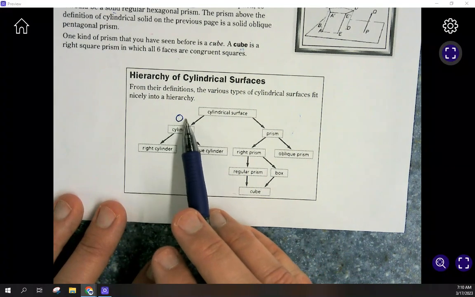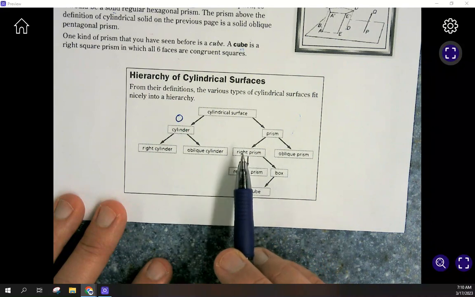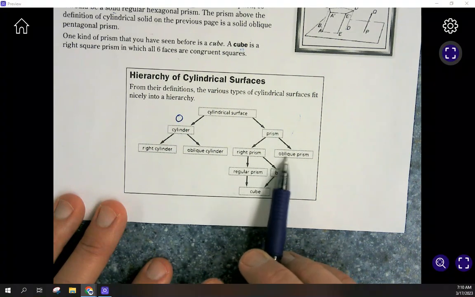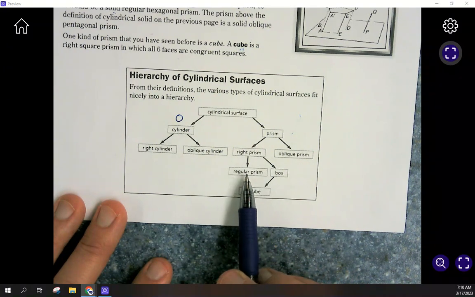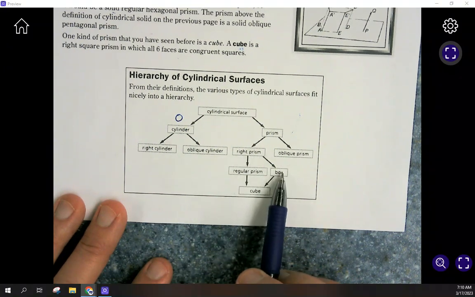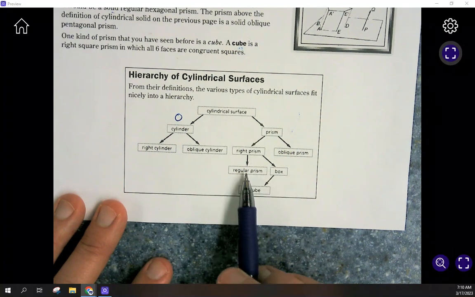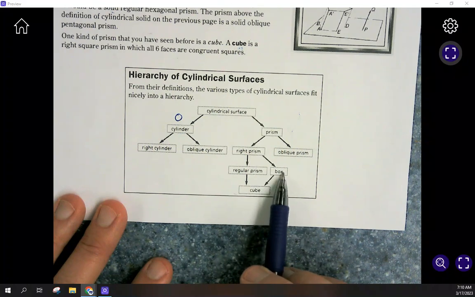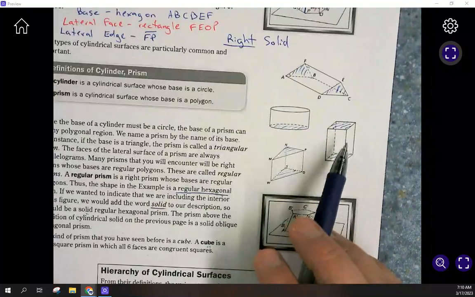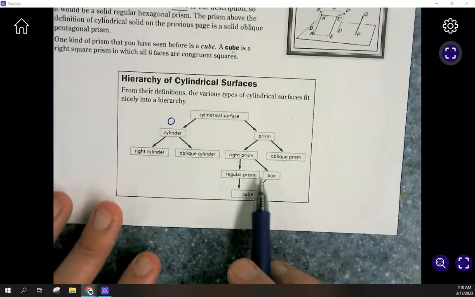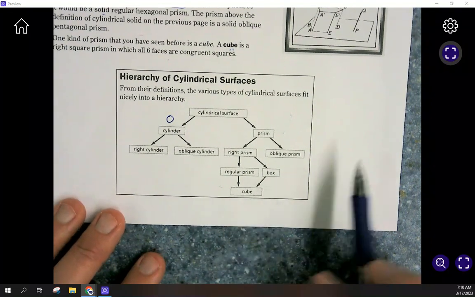If the base is not a circle, if it's a different shape, we're going to call that a prism. Again, they can go straight up and be a right prism, or they can tilt sideways and be an oblique prism. If we have a right prism, it could be a regular prism. It also could just be a box. And if we go ahead and combine both of those, so a box is a rectangular prism here. It's going to go straight up and down, but not all the sides are equal to each other. So if we have a regular prism combined with a box now, all the sides are equal. We call that a